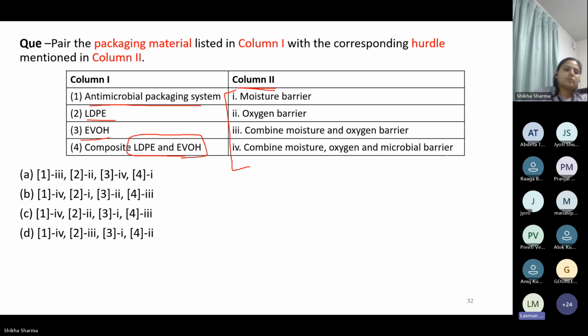So we have two options, A and B. Option B is actually correct. Why? Because